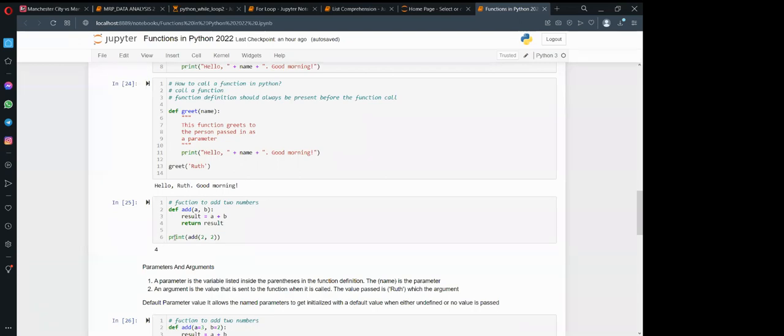If you say print add, it is calling this function the same way we were calling greet. Then you provide the data. Print is also a function, but a built-in function. But this add is a user-defined function.